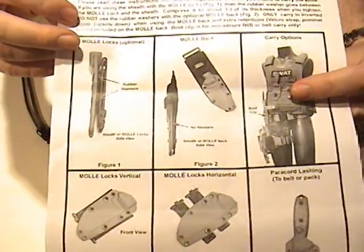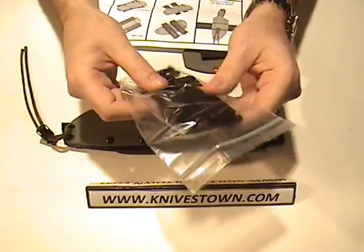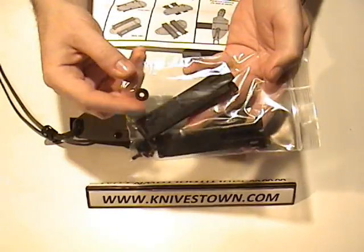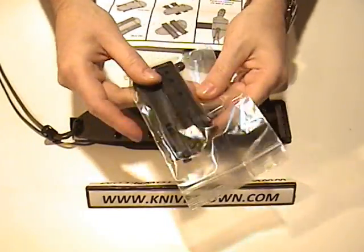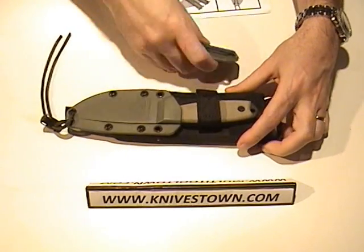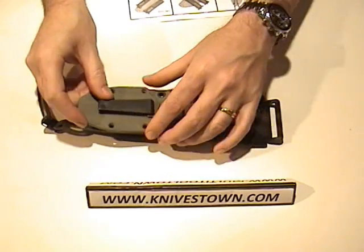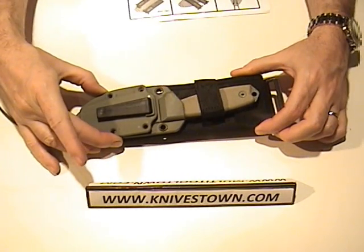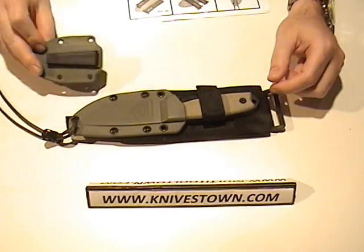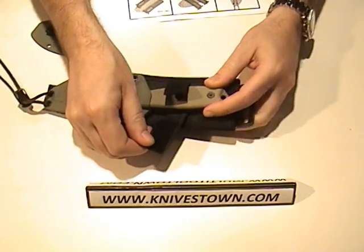We do have here it shows the molly locks in use, which are these right here. Now these would be screwed on when the knife is removed from the ballistic nylon, and these molly locks would be latching onto a molly vest or something like that. Or it can be removed from this nylon sheath, and this boot clip or waistband belt clip can be attached, and it can be worn that way. With this that would be the way that it's secured, and that could be a boot clip, or it could be inside the waistband, or of course it can be carried like this, as you see here, where it's held with a Velcro